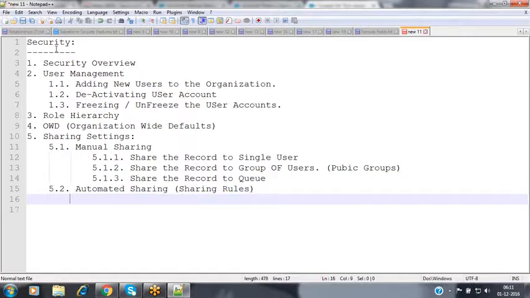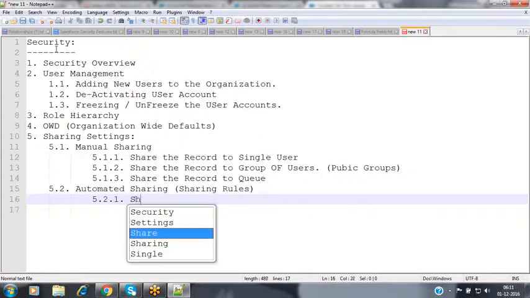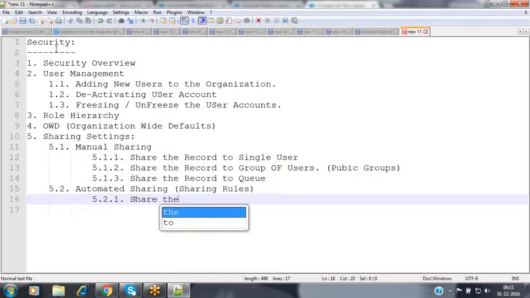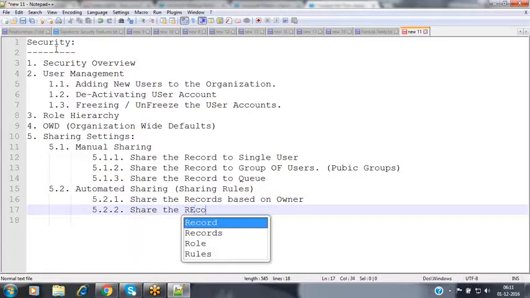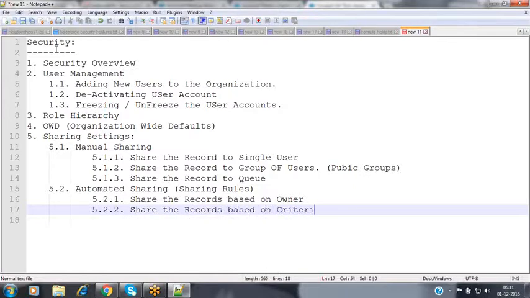And when coming to the automated sharing here, in this automated sharing, again we are having two features. One is share the records based on owner, and the other is share the records based on criteria.